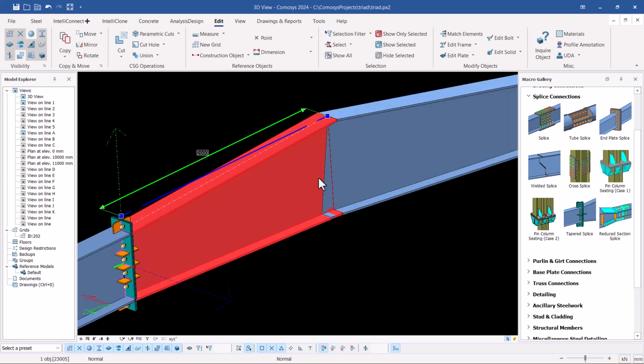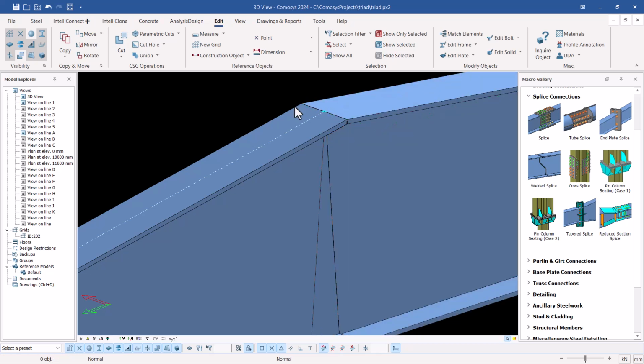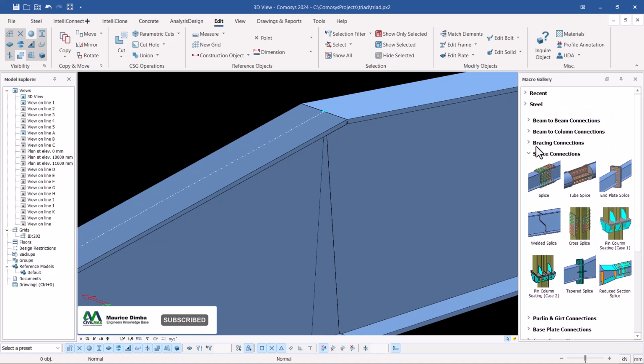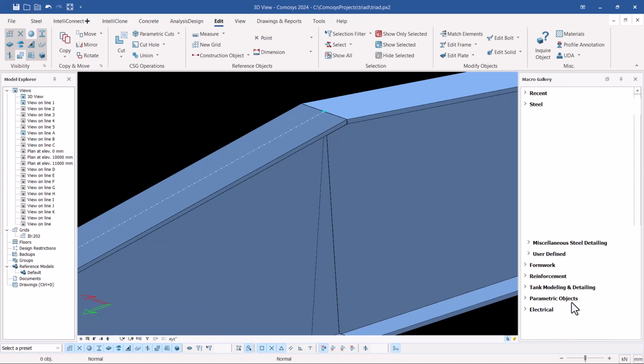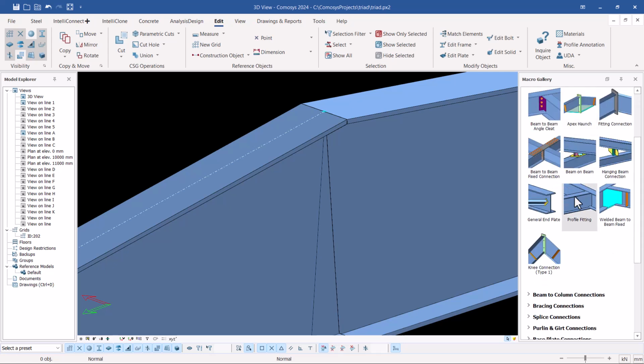So this will be slightly hectic, but not that hectic. We'll use a different connection. So this one here, I'll not use the PEB splice here. I'm going to use beam to beam connection. So if I come beam to beam connection here, I'll be able to pick on the